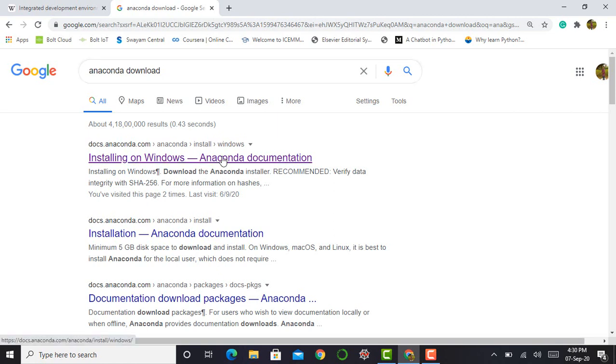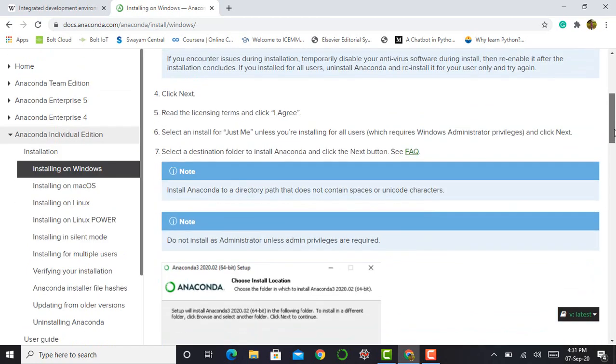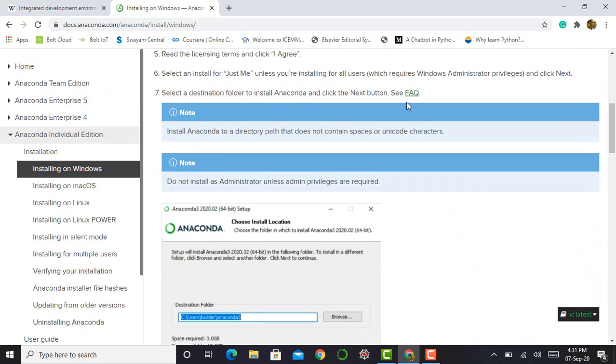Google will take you to the page where you can directly install it. If you click on this link, the Anaconda documentation will guide you through the whole installation procedure.